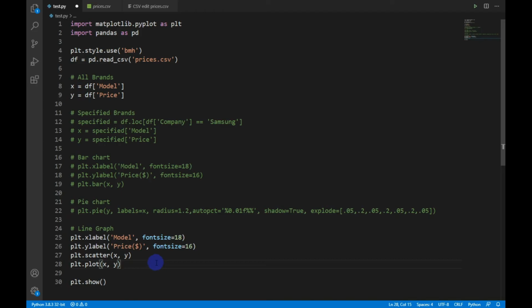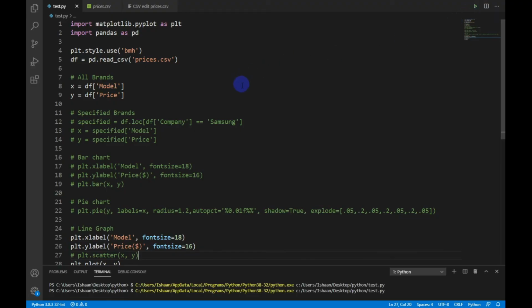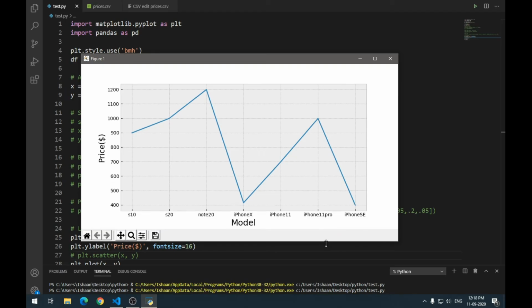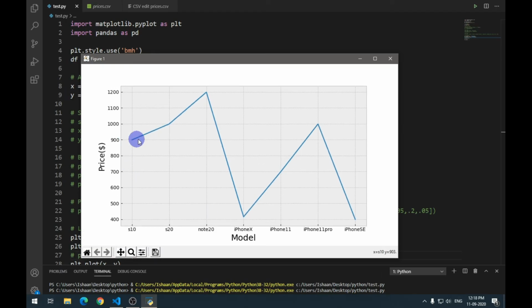So now let me run plt.plot. Now we can see the line graph. But we can run both the commands to get a more visually appealing graph.